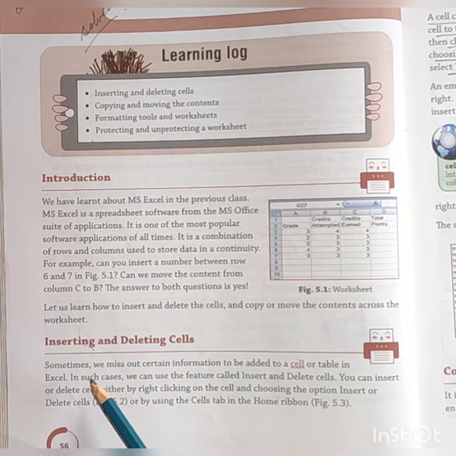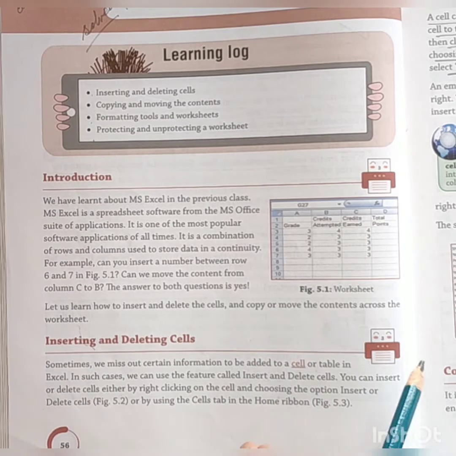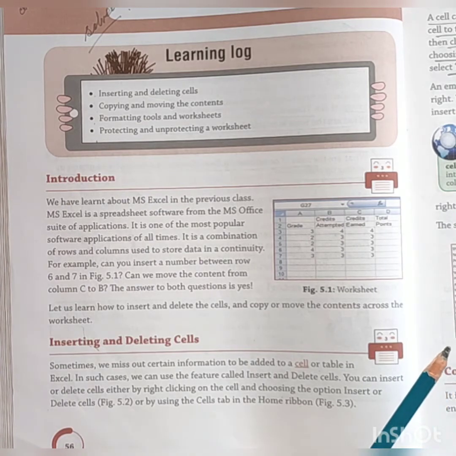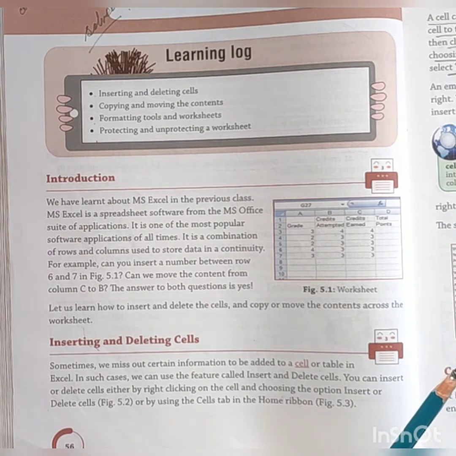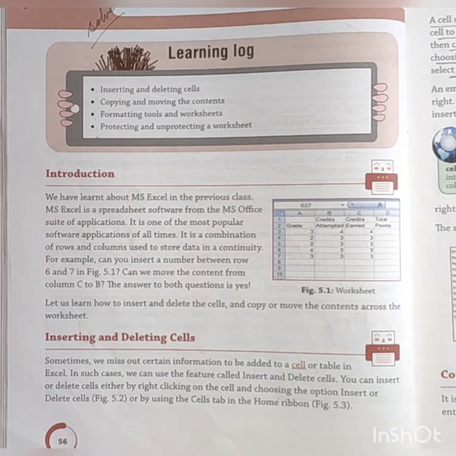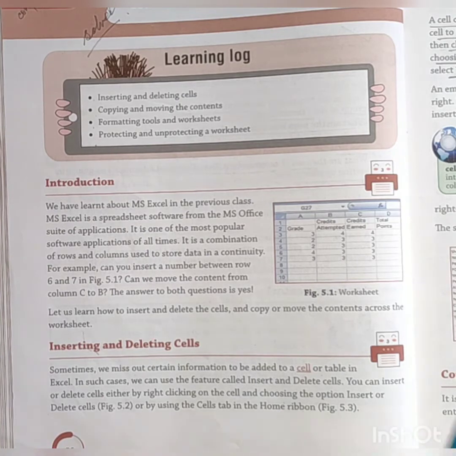Inserting and deleting cells. Sometimes we miss out certain information to be added to a cell. It happens many times. Or a table is in Excel. So before I start MS Excel, how will we open MS Excel? We can open MS Excel by Start, All Programs, MS Office, MS Excel, it will open. Or a shortcut: Start, Run, type Excel, caps or small, doesn't matter. Then click on OK, the MS Excel window will open. So now first,